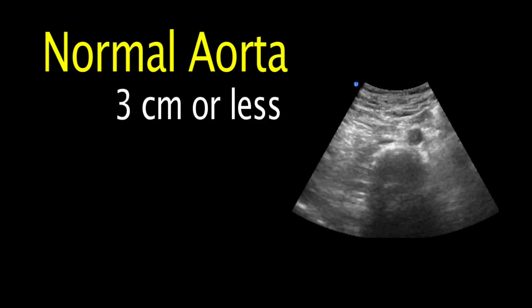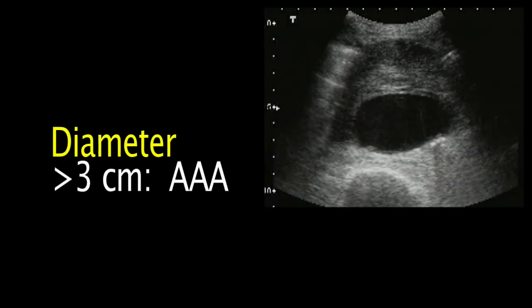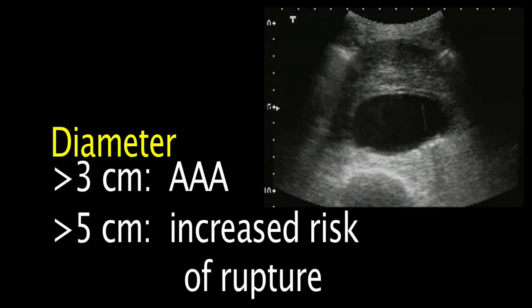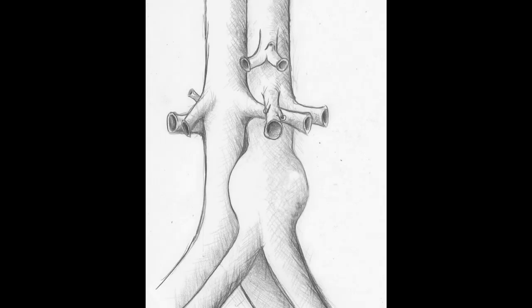The normal aorta typically measures 3 centimeters or less in external diameter, and its greatest extent is typically just inferior to the diaphragm. It tapers to 1 to 1.5 centimeters of external diameter at the level of the bifurcation. An external diameter greater than 3 centimeters indicates the presence of AAA, and diameters greater than 5 centimeters indicate increased risk of rupture. Most lesions are seen as fusiform dilatations, resulting in uniform enlargement of the circumference with an echo-free